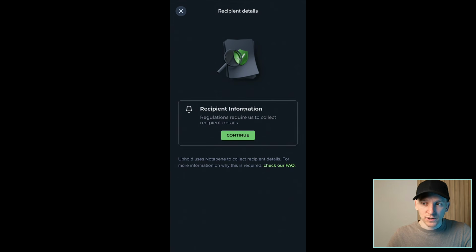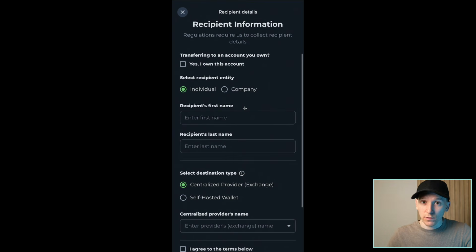And this is essentially a government regulation which has to take down where you're sending the asset to. So you have to put down if it's your address or not, or if you're sending it to someone else. If it's your address, then this will be populated here. If it's not, you have to put that information in. That's up to you. Unfortunately, that's regulations. So you have to put that information in. Once you've done that, then you can go down to the bottom, press accept the terms, and then it will